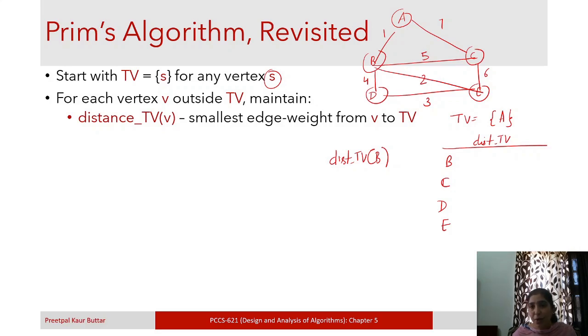It means the smallest edge which is connecting this vertex B to the tree.